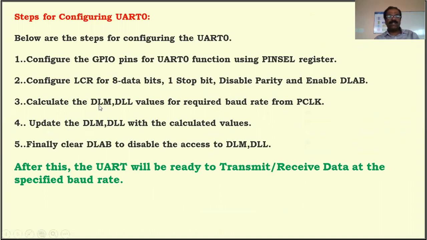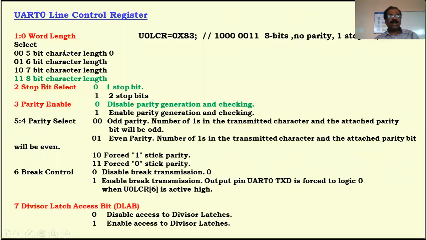Okay, how to do this? We have to go for the line control register, that is the UART 0 line control register. Now we know that line control register is an 8-bit register, here bit number 0 till bit number 7. According to our requirement, we have to transmit 8 bits at a time. The size of each character is 8 bits. If you want to transmit any information, you have to send ASCII code. The size of each ASCII code is 8 bits. But we have different options.